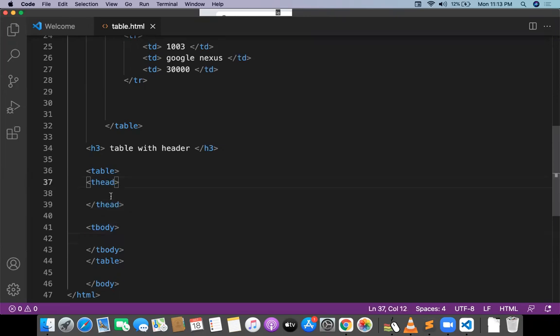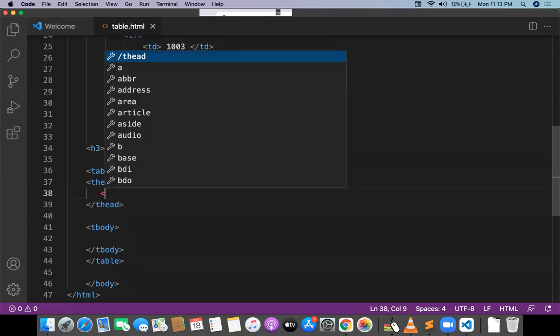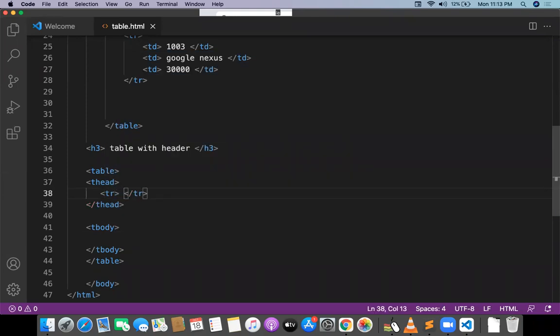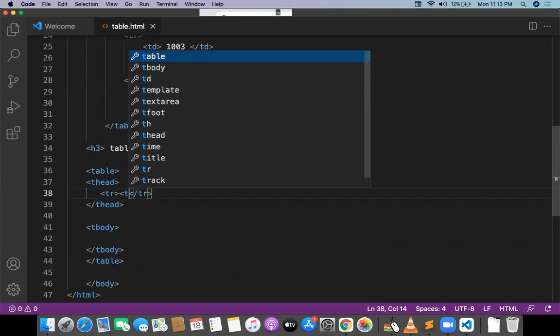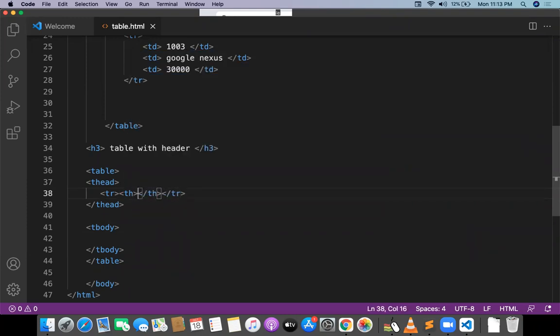For the T head section, I want to take a TR again, and for this TR I need to go with the TH tag. What is the TH tag? TH is nothing but table header, the table heading value. Whatever heading value you want to provide for each and every column, I take TH open and TH close every time.